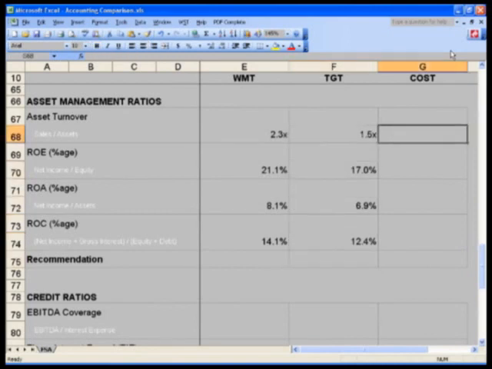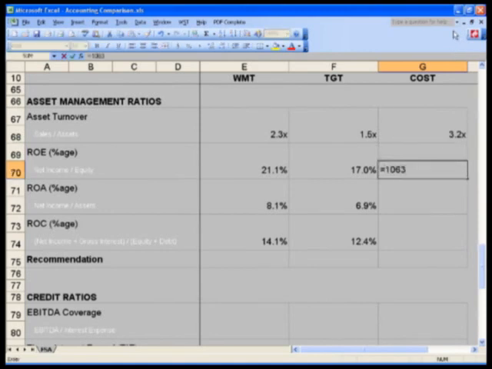We will do the same thing for our ROC calculation. Equals 2408 plus 463. That's our net income plus gross interest. That whole thing divided by our equity and our debt numbers of 8872 plus 14205, straight from your inputs, and you get 12.4%. Clearly, you already see here, Target is not going to be the winner in these asset management